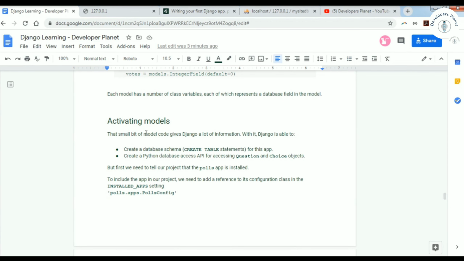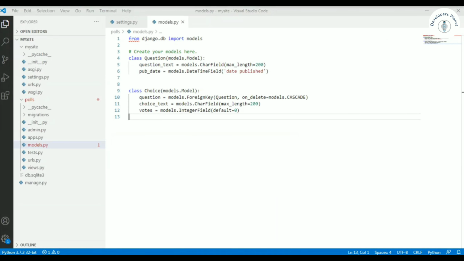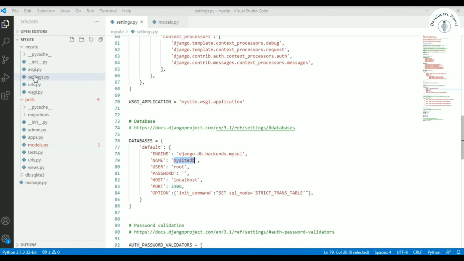But first we will need to tell our project that the polls app is installed. For that we need to go to our settings, and there we need to make some changes in INSTALLED_APPS. So let's go to settings, and go to installed apps, and here we need to mention our app. Our app is PollsConfig. Let's go to polls and open apps. So the class name is PollsConfig.